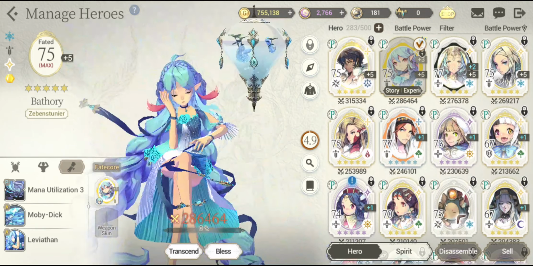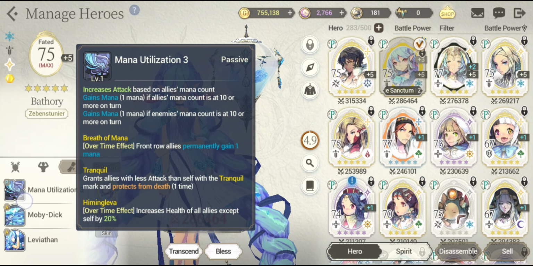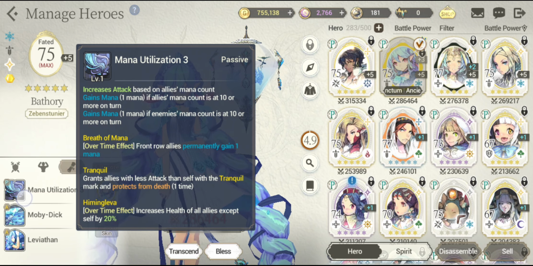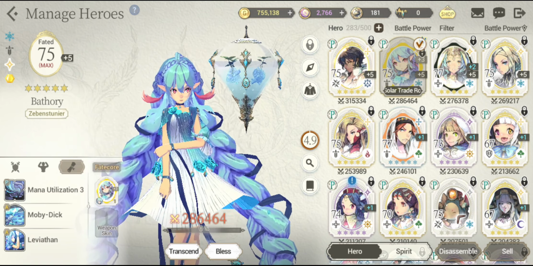And well, for our disappointment, only Bathory is able to provide that Tranquil mark, okay? There are no other units that can provide the Tranquil mark, and that's pretty sad indeed. Only Bathory, or let's say the Fate Core version of Bathory. I think there are a lot of Fate Core versions of Bathory, right? So it needs to be Bathory to provide that Tranquil mark, and only in that case will you be able